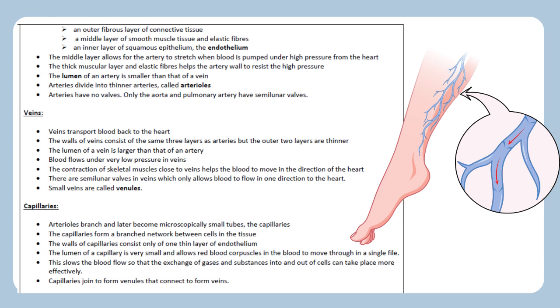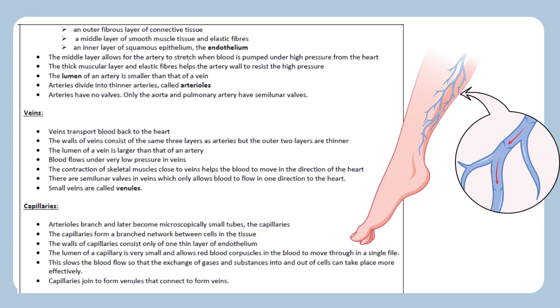Capillaries. Arterioles branch and later become microscopically small tubes, the capillaries. The capillaries form a branched network between cells in the tissue. The walls of capillaries consist only of one thin layer of endothelium. The lumen of a capillary is very small and allows red blood corpuscles in the blood to move through in